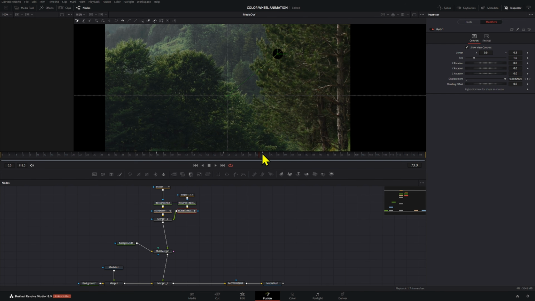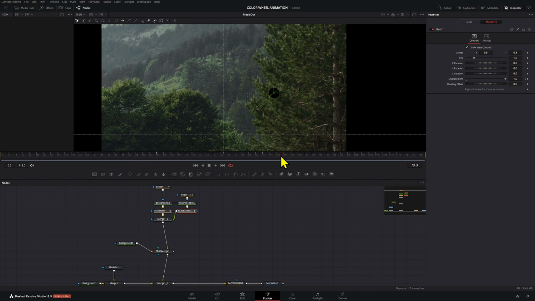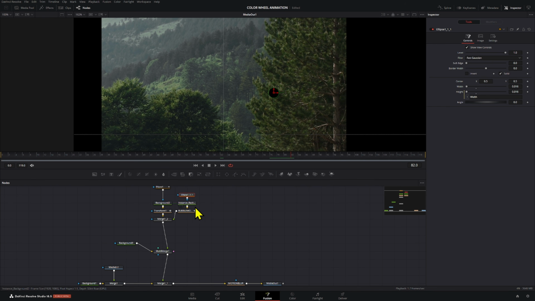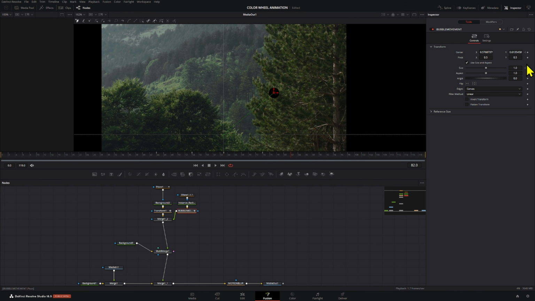Okay, now that we have that ready, what is the next step? Usually the bubbles disappear, so what you can do here is after it reaches a point, go to 82, let's say, and you can use the transform node right here and animate the path. That will actually be easier because if we use the ellipse, we're going to have to connect the motion blur of the ellipse again to the motion blur right here. So let's create all the animations in here. After it reaches there at 74, we're going to wait maybe half a second. This is a 24 FPS timeline, so it's going to be 12 frames.